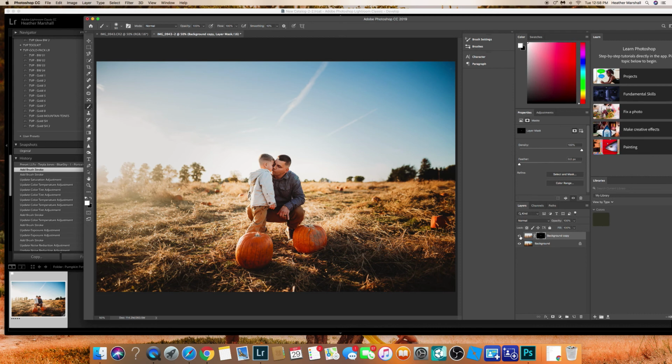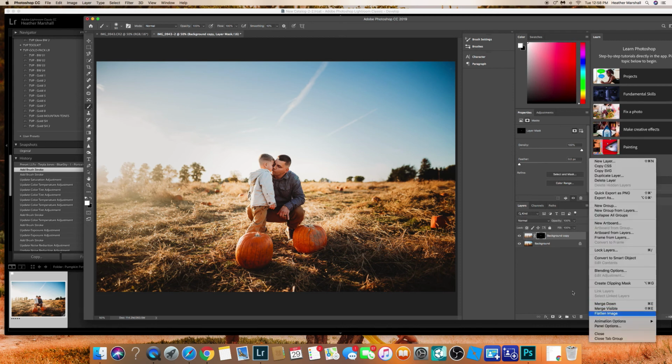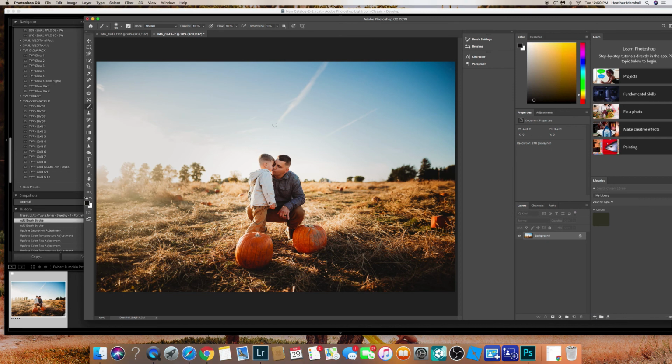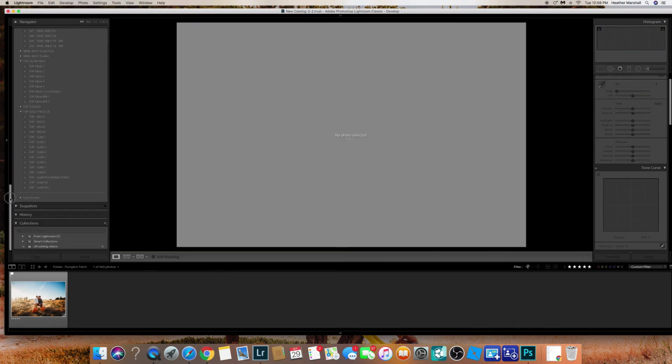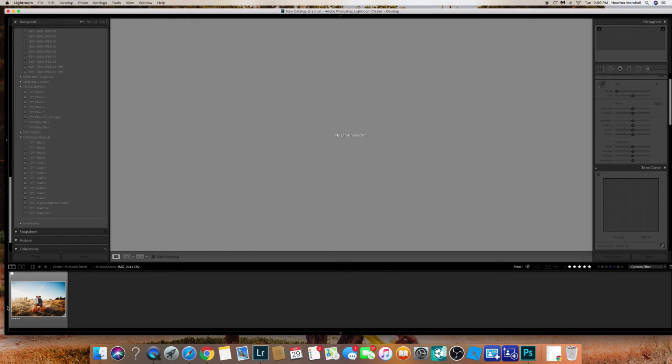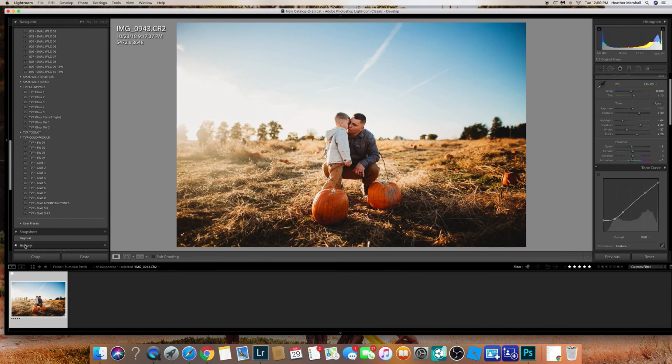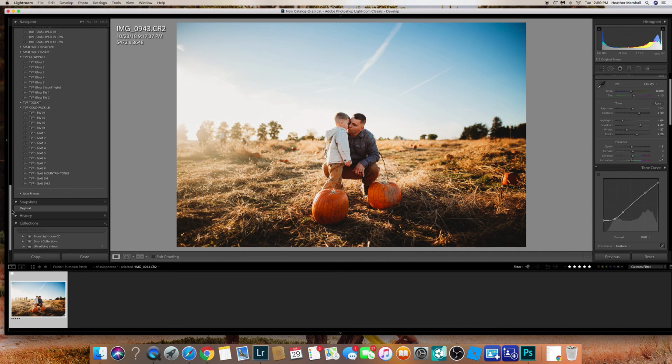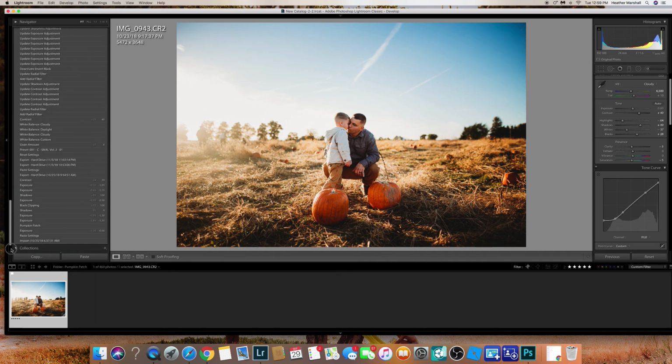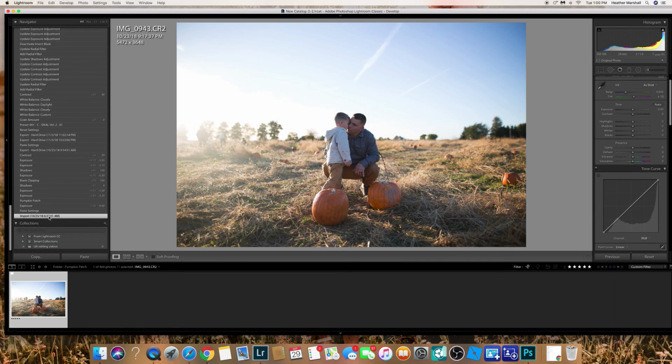Before, after. If you guys have any questions, let me know. So here's the after and the before is right here. So before,